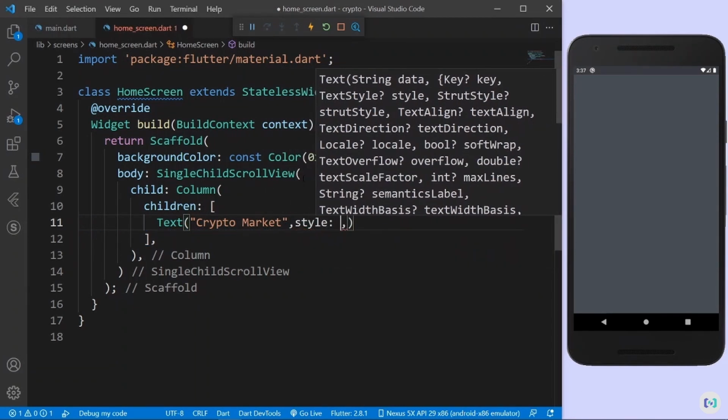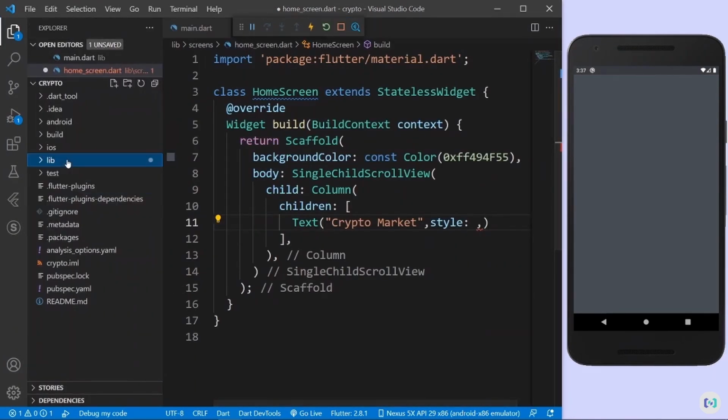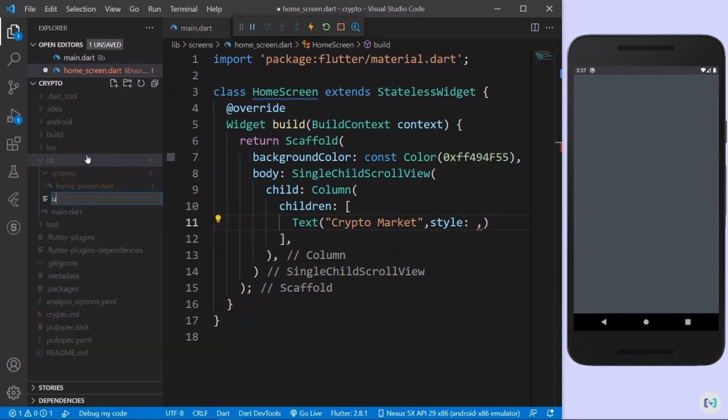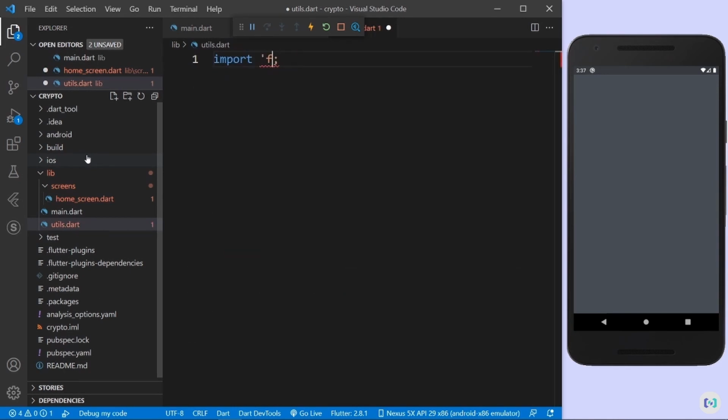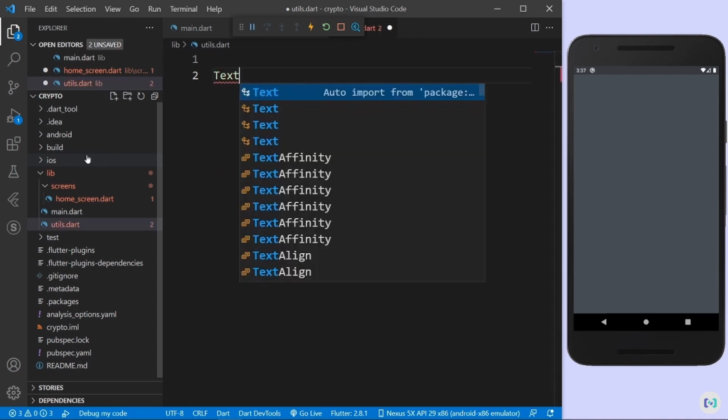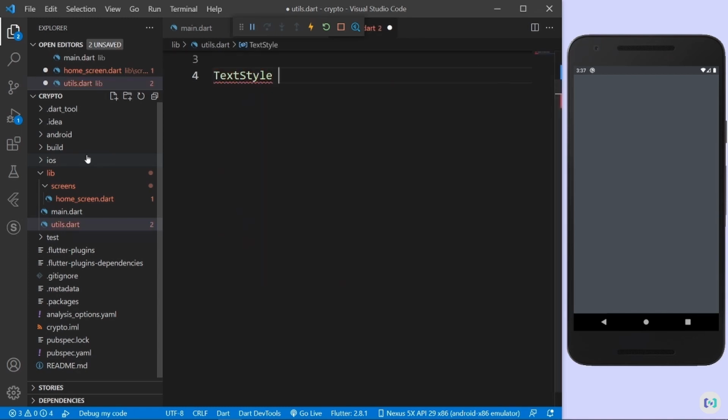The style I'm going to create, as always, a new function. So I'll create a new file named utils, where I'll have all my utils. Utils dot dart. I can import Flutter here. I don't actually need Flutter, I guess. I don't think I need this, so I'll just say text style. So I need Flutter text style, and now we can just create this